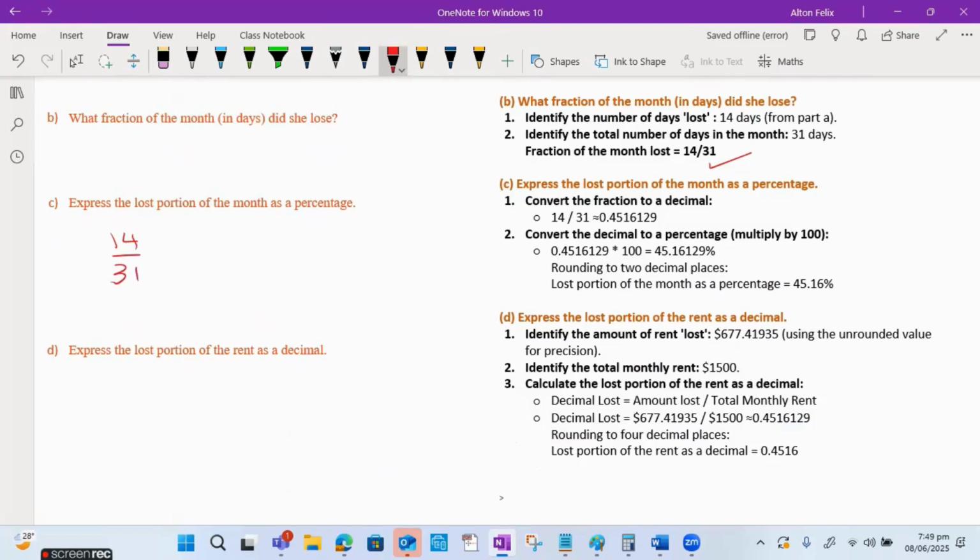If you have a fraction and you want to convert that fraction to a percentage, you multiply by 100. And that is the meaning of the word percentage. You would have heard the word percent, and that simply means out of 100. And Jerry's working. Let's see what Jerry's got. Jerry has here 14 out of 31 multiplied by 100,